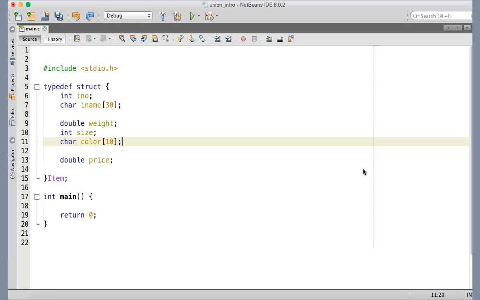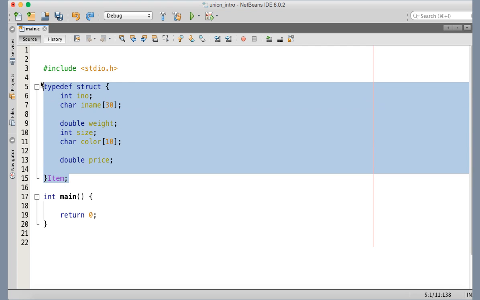So in this tutorial, we will talk about the union type. Now, using the union keyword, we can create a user-defined type for some special cases. Let us consider this example where I have described an item type using a structure, and there are these attributes